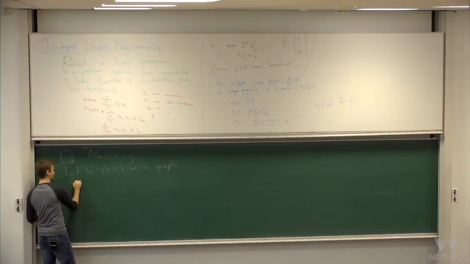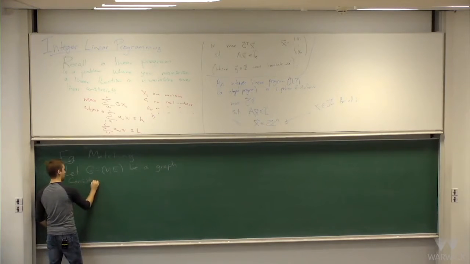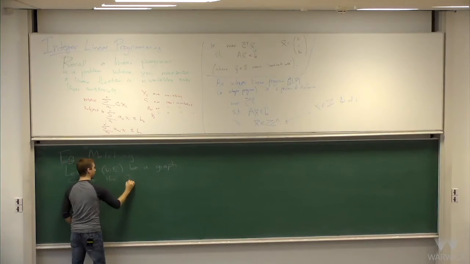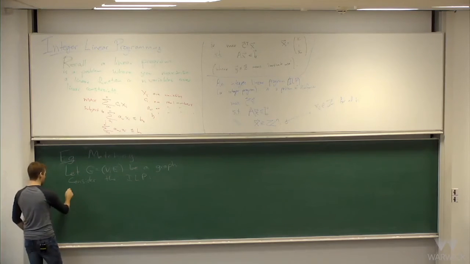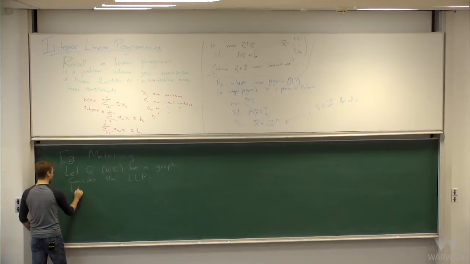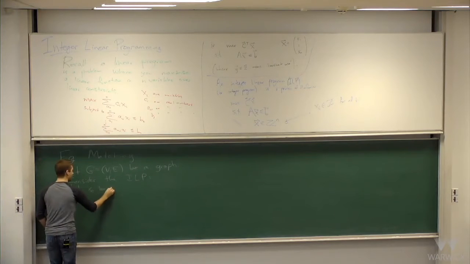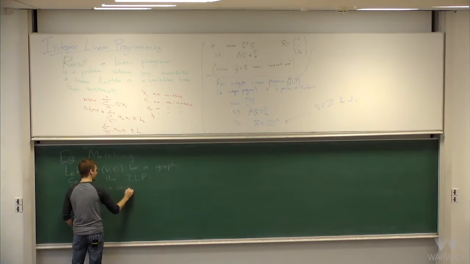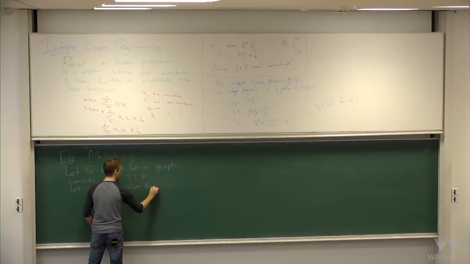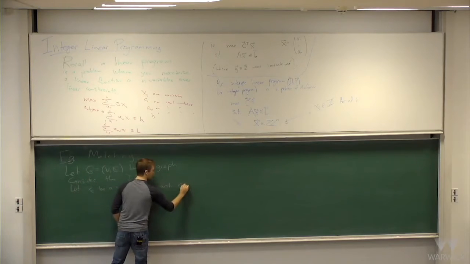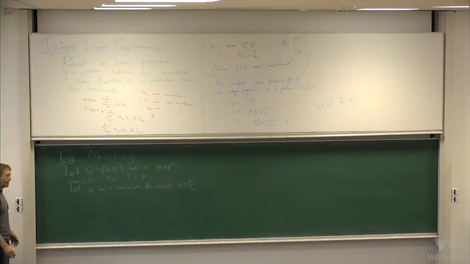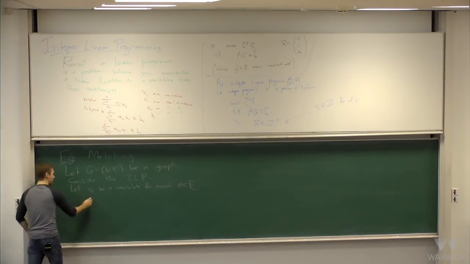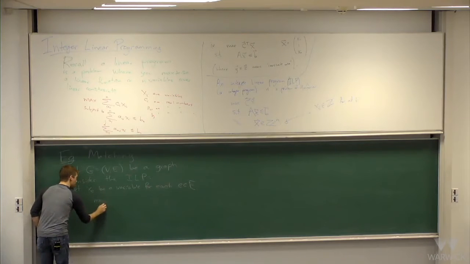And consider the integer linear program. So, the following integer linear program. First of all, let xe be a variable for each edge. So the variables are not called x1 up to xn, they're just called xe for e an edge, but it's the same thing, right? And I want to maximize the sum